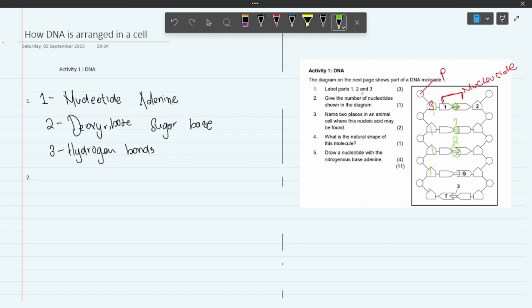So meaning that the two base pairs are connected to these deoxyribose sugars, right? So if there are 5 deoxyribose sugars, how many nucleotides are there? Your brain gives you something quickly to tell you, it's what? It's 2 times 5, because there are 5 sugar bases, and on each sugar base there are 2 nucleotides. So it's going to be 2 times 5, which means there are 10 nucleotides in total.